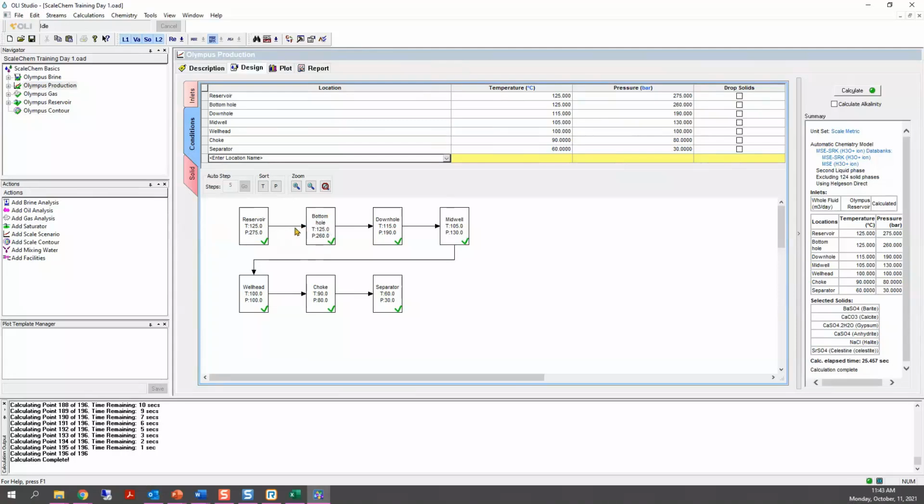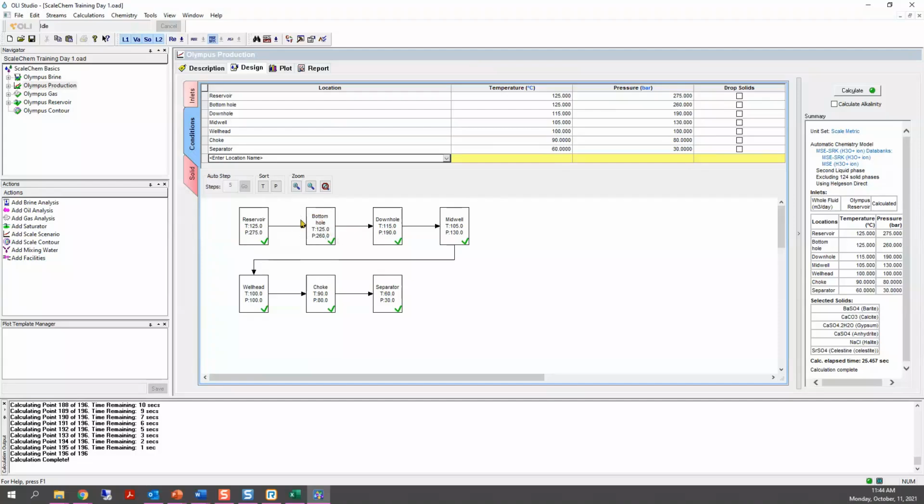But that means that the solids that were precipitated out are going to change the chemistry of your brine, right? Because you're precipitating those solids. So you have probably less chlorides, less sodium ions. So for the next calculation from bottom hole to down hole, this calculation will use the new chemistry, the one that has less chlorides and less sodium, because you already removed those solids from the chemistry.